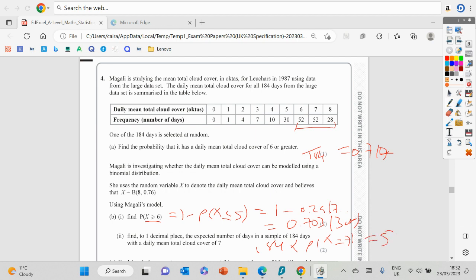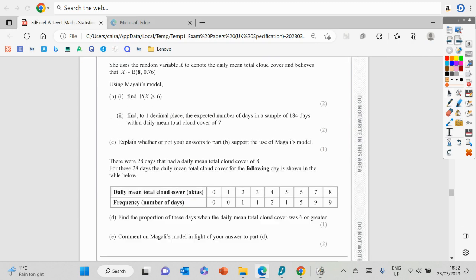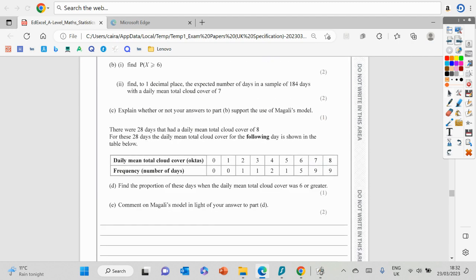Let me just write that down, because to 1 dp, as the question says. Next bit: explain whether or not your answers to part B support the use of the model. Well, 51.7, the bit that I just got there, 51.7 is approximately 52. So, it supports the model. Remember, we're always giving it in context of the question, just to make sure we're covering all bases in our